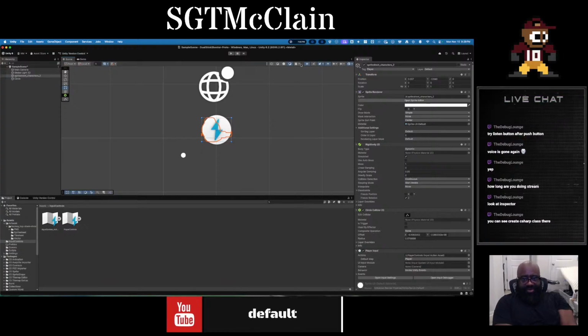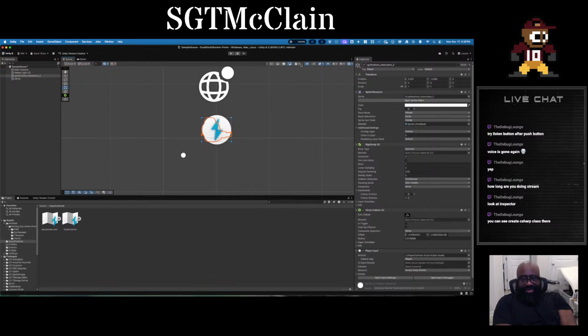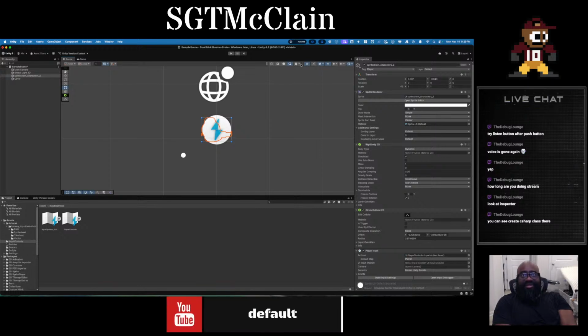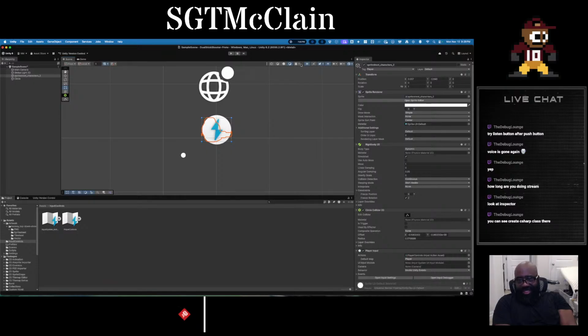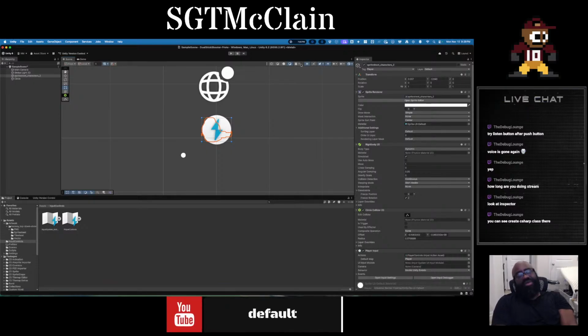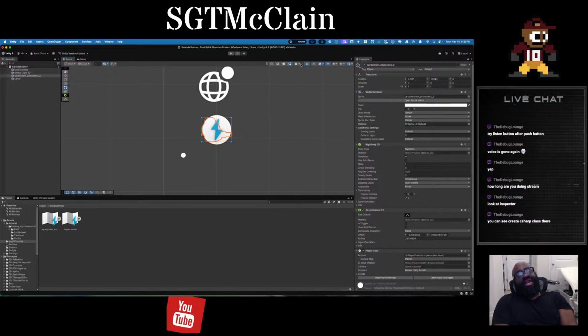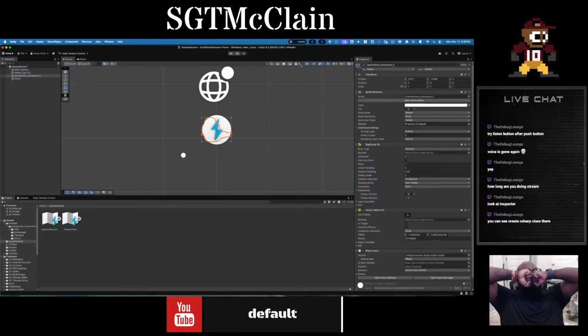Fire point would be from the position, fire point rotation. I'm going to have to change that though because that's going to make it come from the center. I needed a point, so I'll give it a,